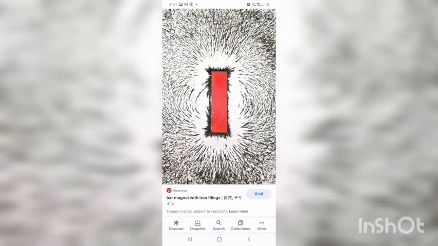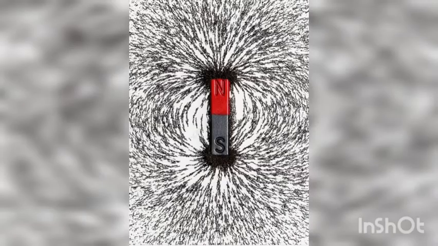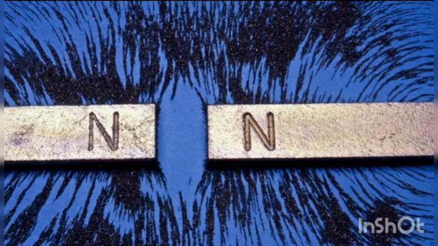Towards the center, the magnetic field is very weak, and towards the pole regions, north and south pole, at the edges, the force of attraction is very strong. So we can see in the image that the region is much stronger in the pole region. I repeat once again, the magnetic field of a magnet is the region around the magnet in which the force of attraction of a magnet can be felt.